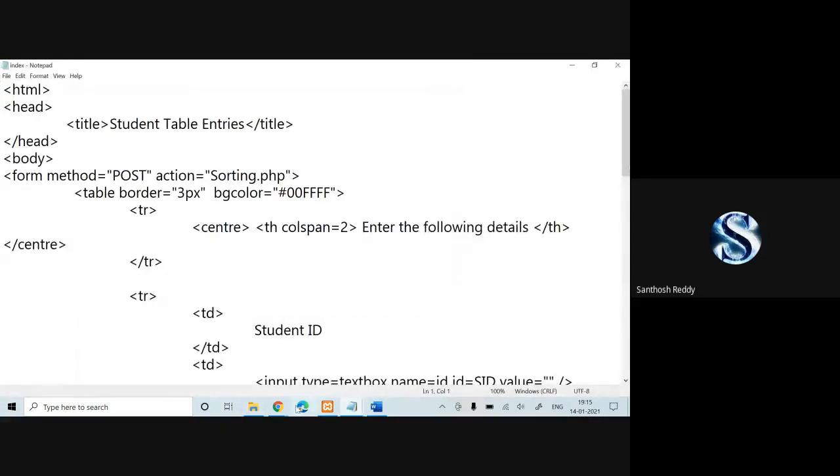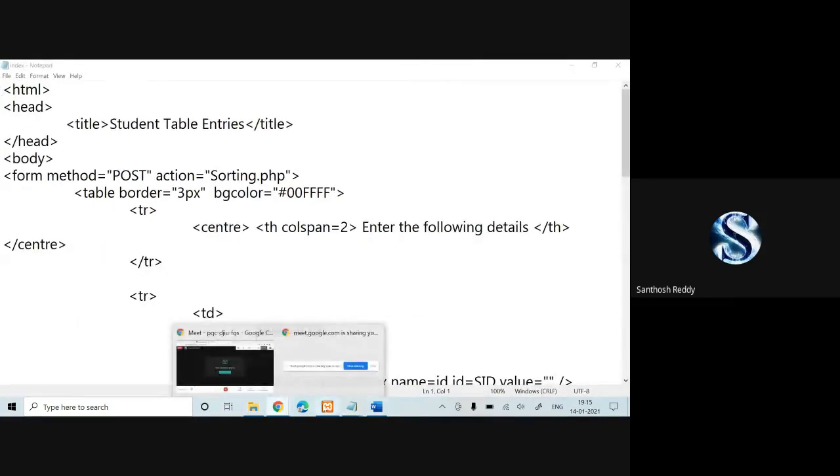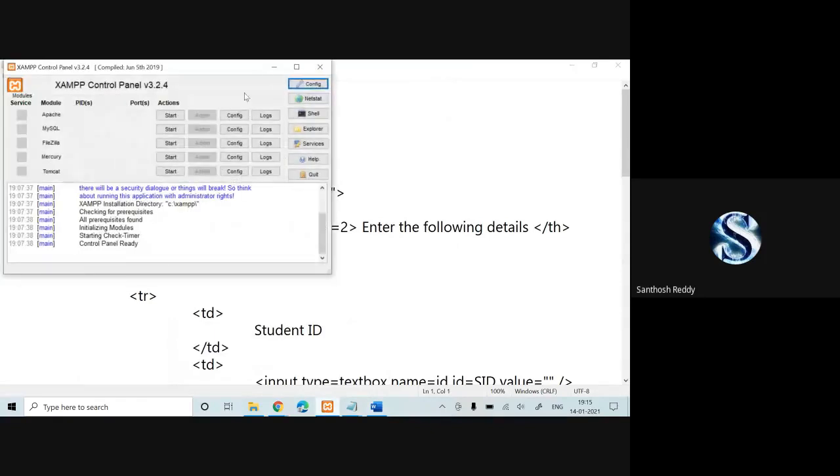Okay, before going to that, first I'll show you how to start the server. Here, once you install, this is the panel we are going to get. We are going to use the Apache server, so just click on start, and then you're going to get your MySQL. You just need to start your MySQL. Once you start the servers, first we will see how to create your admin part.